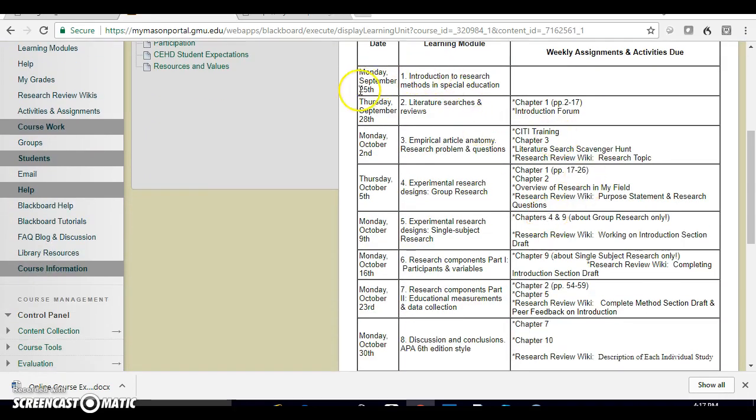The first column is the date, what the content is. You'll notice that nothing is due today because it just, of course, just opened. But things are starting to be due as soon as Wednesday night, Thursday morning. So what I do is I make everything due by midnight the day before the start of the next module. So everything will be due like 11:59 on Wednesday night before the next module for the course is up